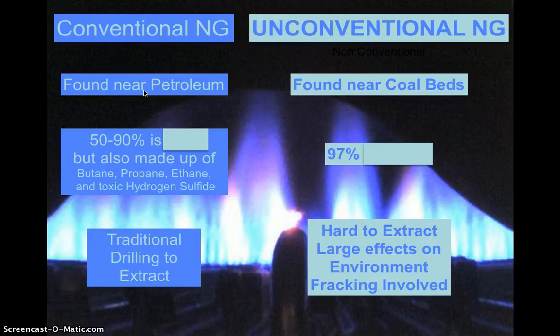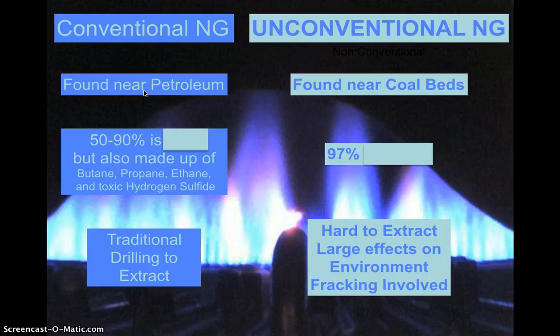You're digging deeper. It's larger to extract, harder to extract, so it's going to have a lot more effect on the environment. And a word that's linked to this type of extraction is fracking. Whereas we drill and strike oil, and natural gas deposits are found right on top, and we extract those, for these we have to go further down. We have to apply large amounts of water and pressure in order to obtain it, and basically crack rock, and then the gas deposits on top of the rock come up.